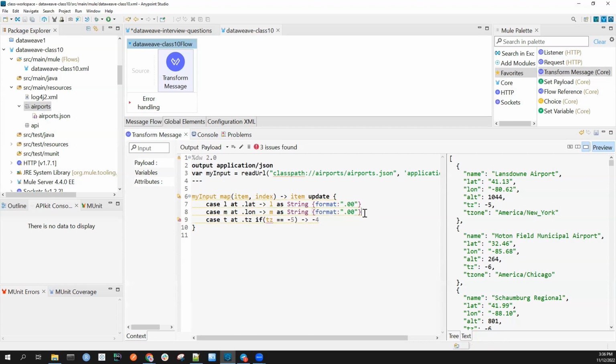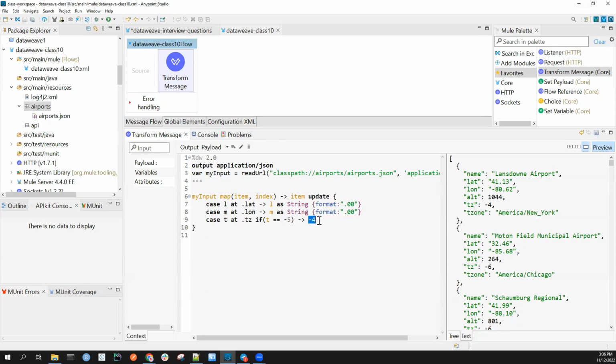Oh yeah, the variable name, not tz. I work with the variable name. Now, the value of this one, I am assigning it to this variable t. So I'm checking if the value of t is -5. If it is -5, I'm replacing it